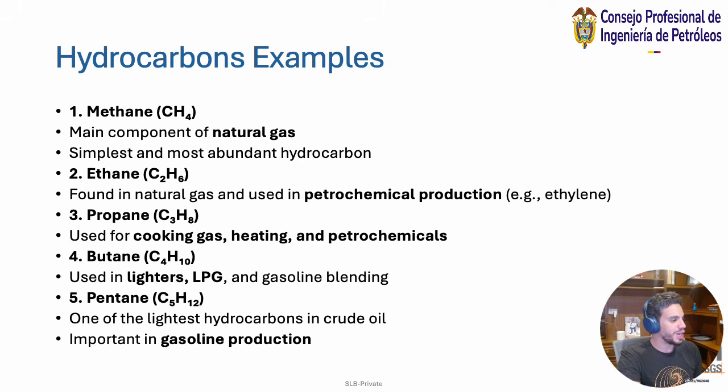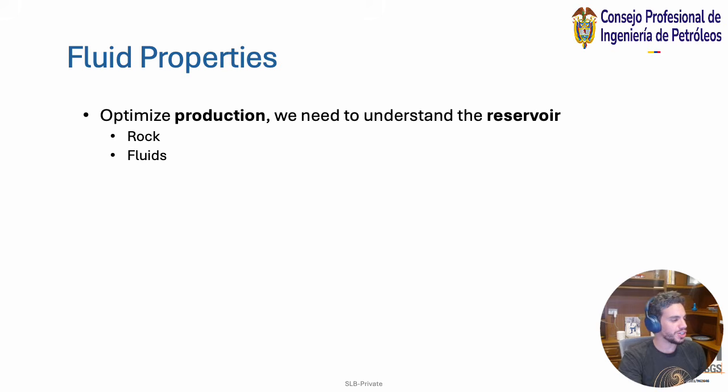So butane, for example, is in lighters or when you're doing barbecue. Pentane is really important for gasoline production, right? And it's one of the lighter hydrocarbons. So with that introduction, we can step right into basically the first fundamental concept that we want to know as